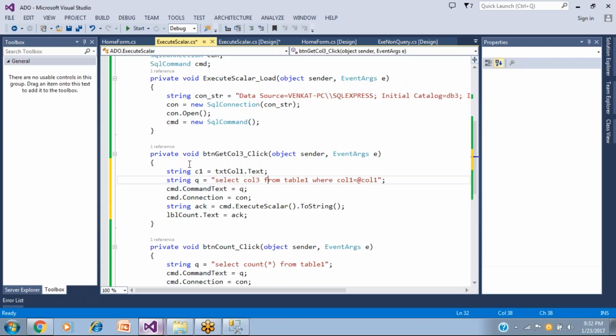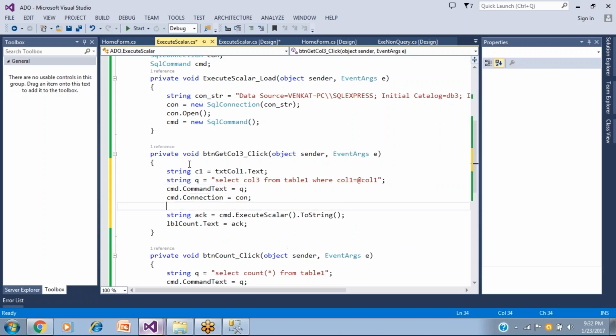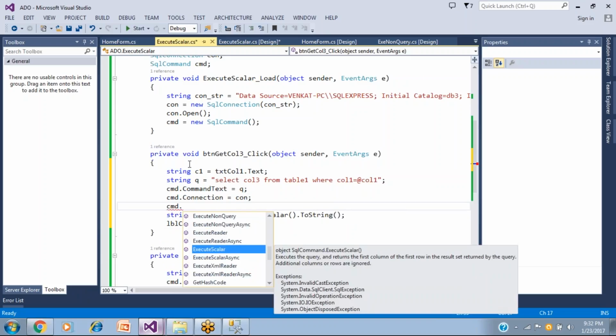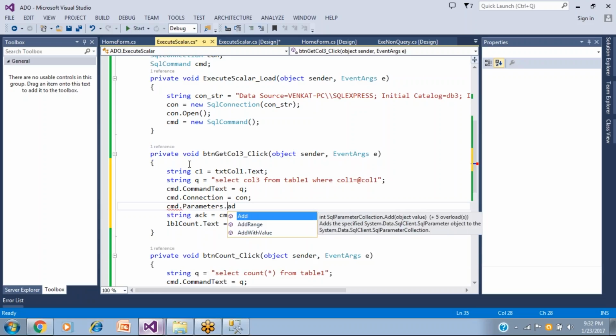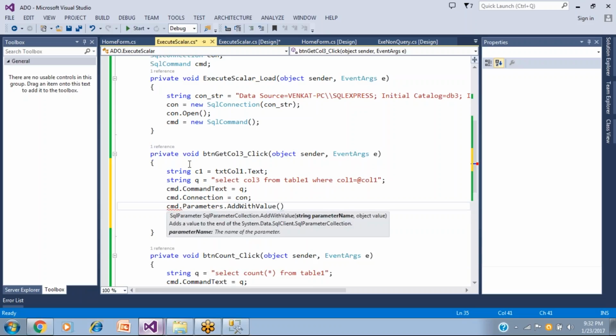Once we have the text in hand, before execution the command object should be filled with parameters. So parameters dot add with value, what is the value you want to attach at which parameter. So in double quotes @col1, taken from C1, that's it.